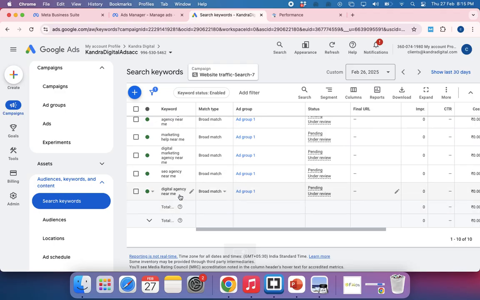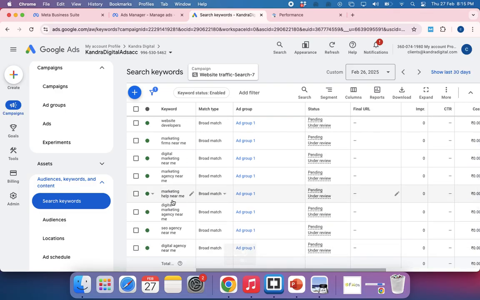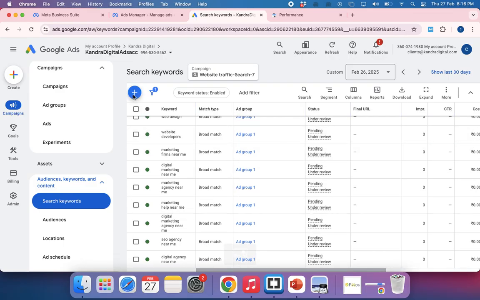In broad, what happens? Digital SEO agency, or maybe let me take marketing help near me for free, right? Digital marketing. See, this is what people are searching for: digital marketing training or agency. You are planning to get agency service related leads, and now there is my digital marketing training institute near me or digital marketing training near me. See how generic. Okay, even if you're adding keywords something like this,